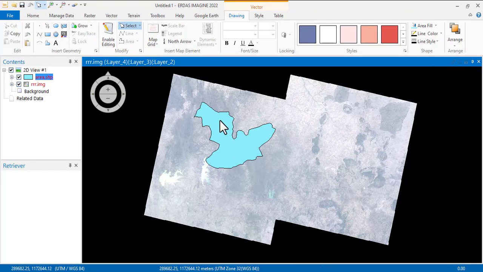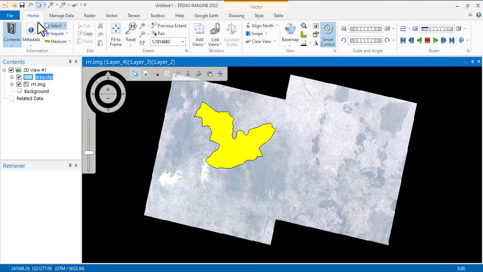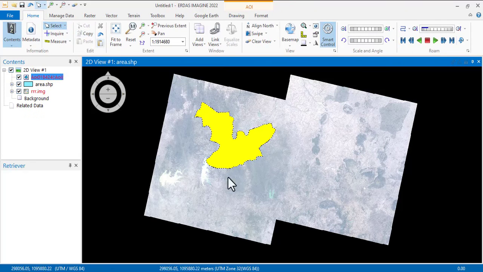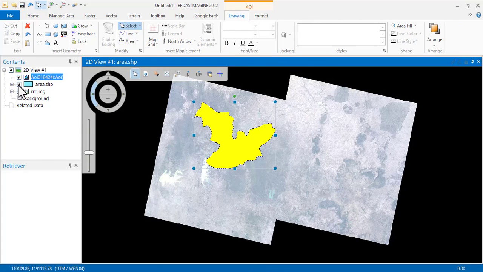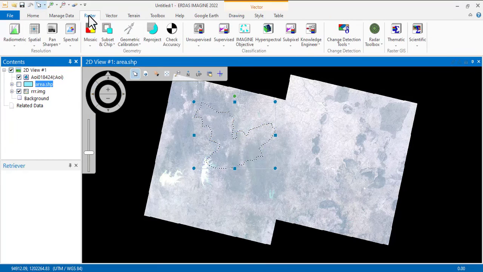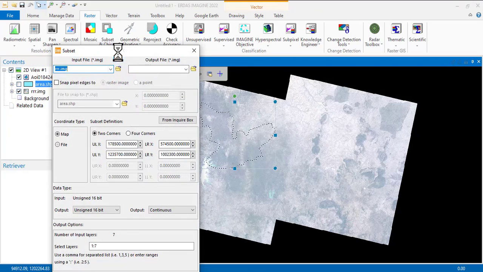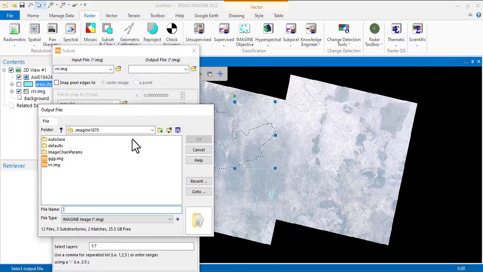Yeah. So now once you have it, you just click on it like this, and you come back to the Home tab, and then you click on this. You will see that it creates this. Once you click on it, you see that it has this selected, so you can remove this one now. Once you've removed this, you come to Raster, and then Subset and Chips. So you click on Create Subset Image. Once you have this, you now click on this place,